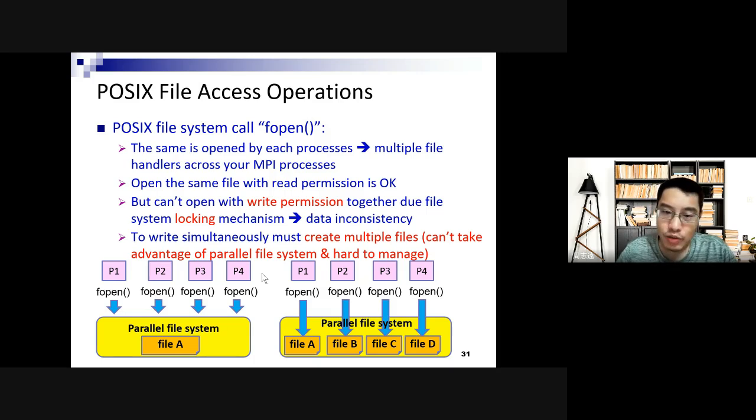At the beginning, one of the easiest ways is to partition the file into multiple files. So it's not just a single data set, your original data set. You have to store it in multiple files. Then, of course, each process can open its own file independently, so that allows us to do the parallel write as well. However, this technique, although even today some people use it,